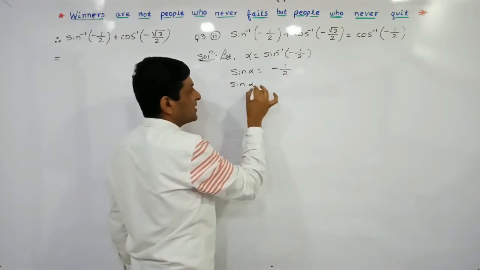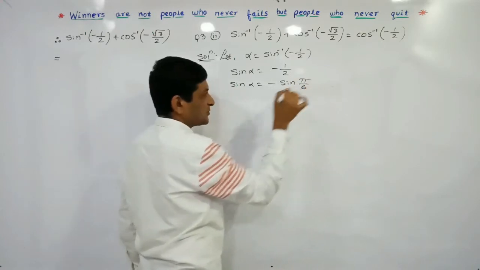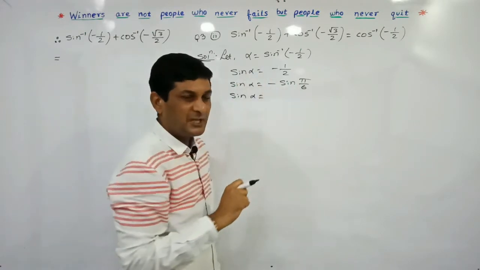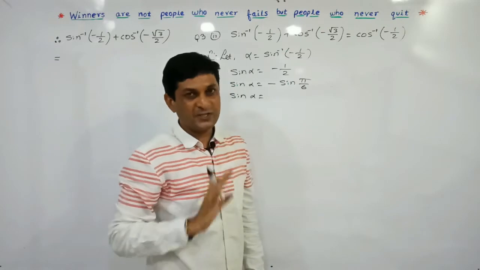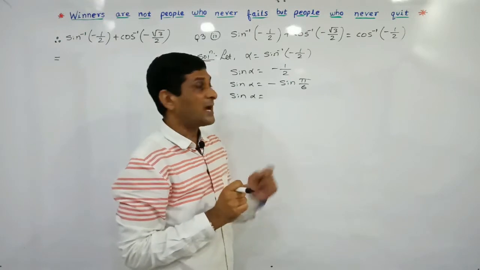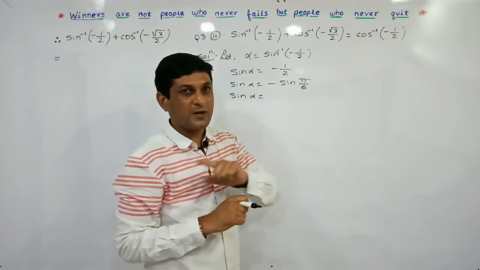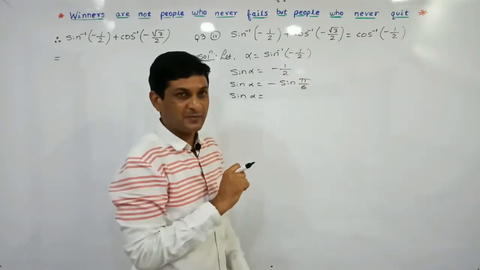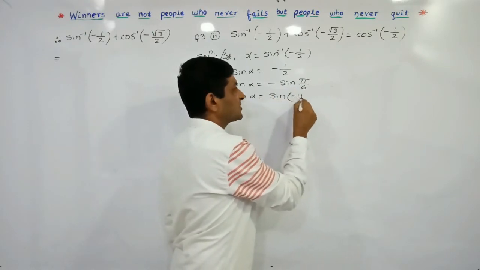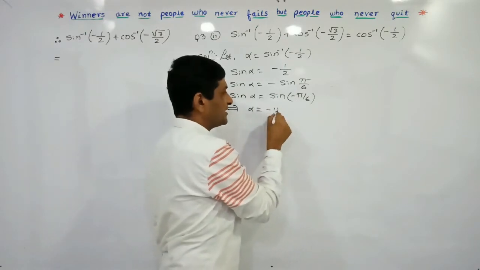So sine alpha, keep it as it is, minus also as it is. We know that 1 by 2 is nothing but the value of sine pi by 6, meaning sine 30. So sine alpha, keep it as it is. Since the value of sine is negative, definitely it does not lie in the first quadrant, it will lie in the fourth quadrant, because the principal value belongs in the first and fourth quadrant for sine inverse. So here minus sine theta can be written as sine minus theta. Now comparing both sides, we can say that alpha is equal to minus pi by 6.